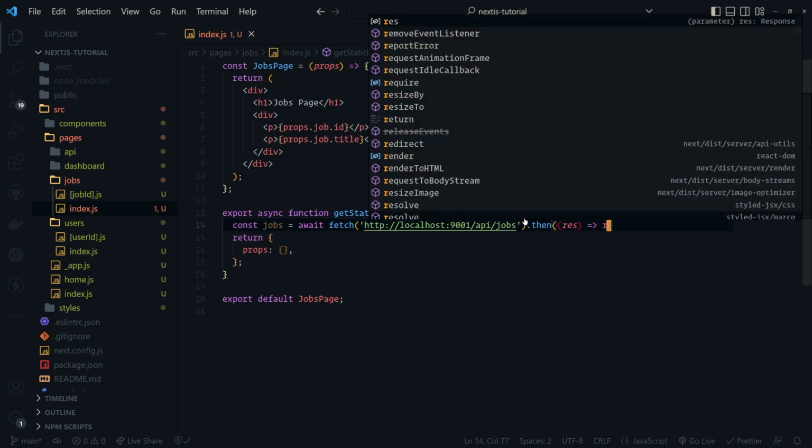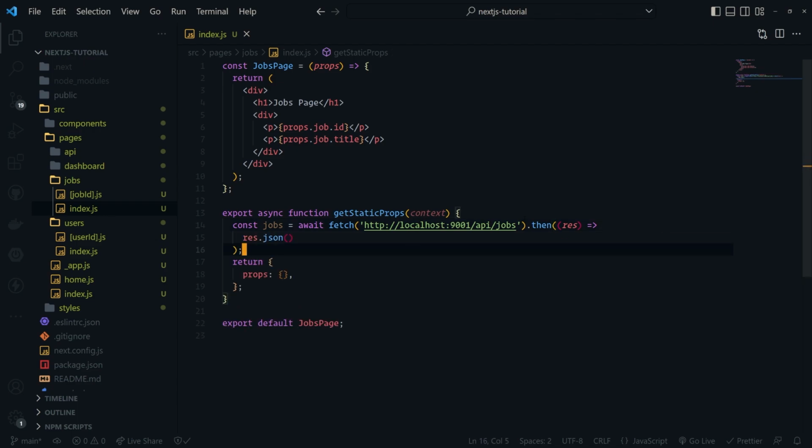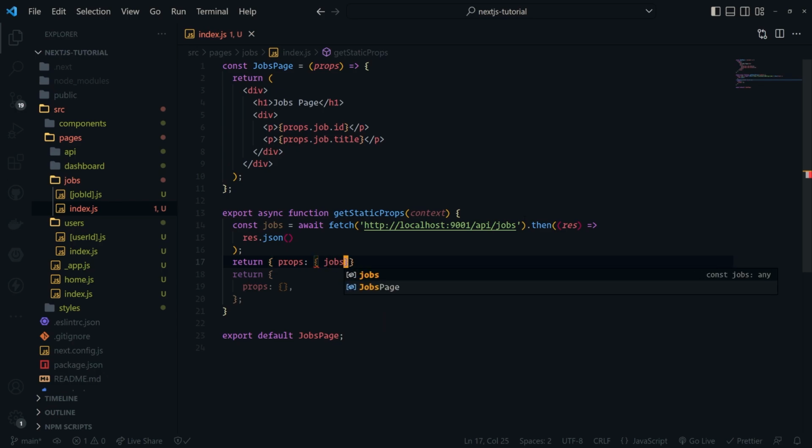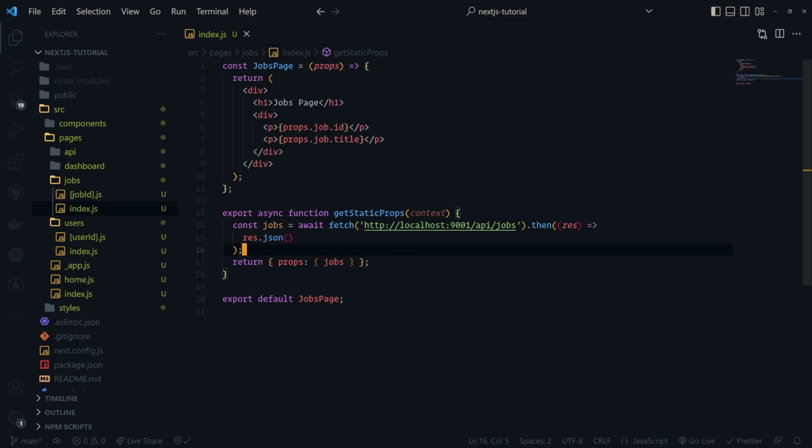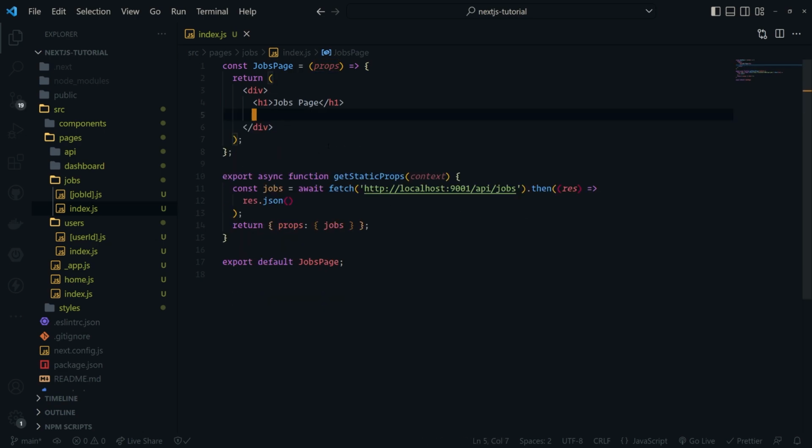So let's just get the response in JSON format. And then we'll return props, and we'll return this jobs array because we know that this is going to be an array. Now, of course, this could throw an error. I'm not going to worry about that for now, so we'll just return this jobs. Now let's remove all of this because we're no longer returning just one job, but an array of jobs. Let me remove this and this, and I'll copy this, and I'll do